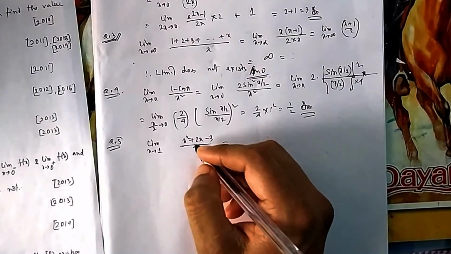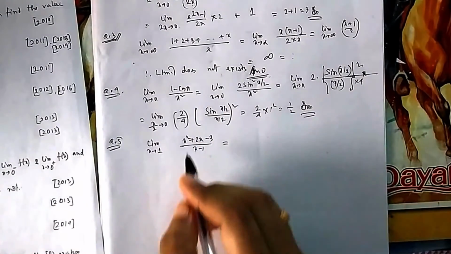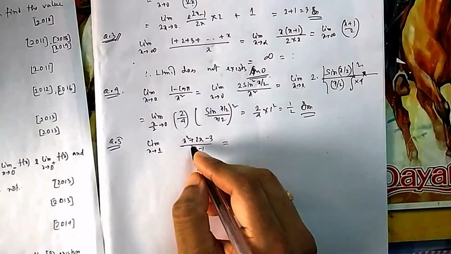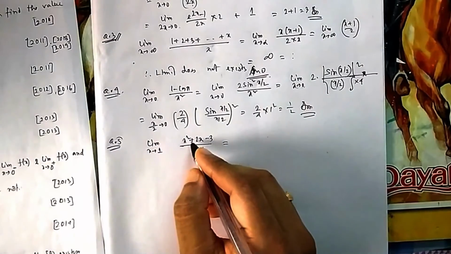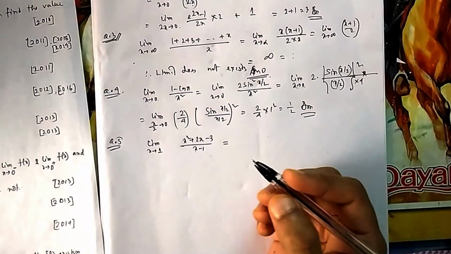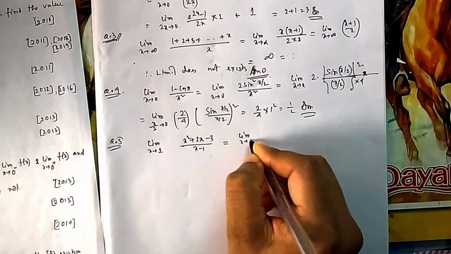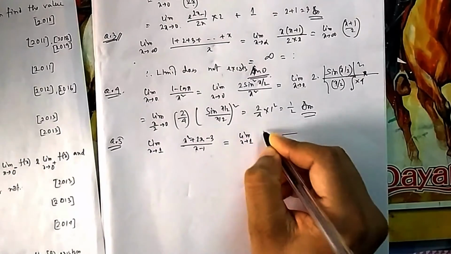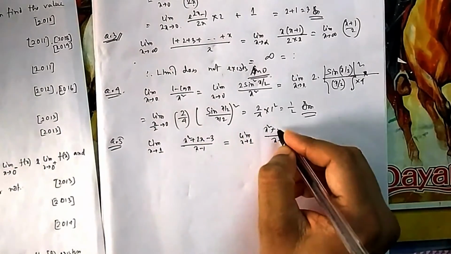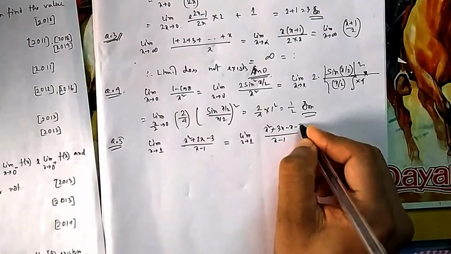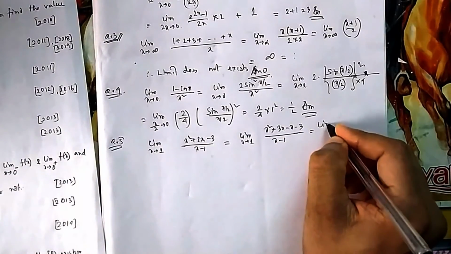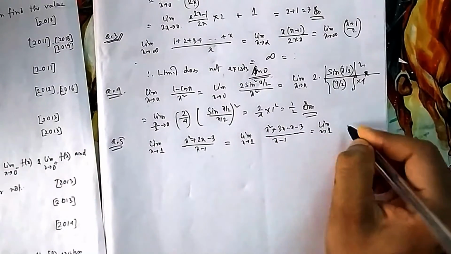So if you put x equal to 1, then because it is 0, that means x minus 1 is a factor of this one. So to do this one, you can factorize it easily. Limit x tends to 1, x minus 1, then you can factorize it. It is 3x squared minus x minus 3. Or if you can do it directly, then it will be good for you, it will save some time.